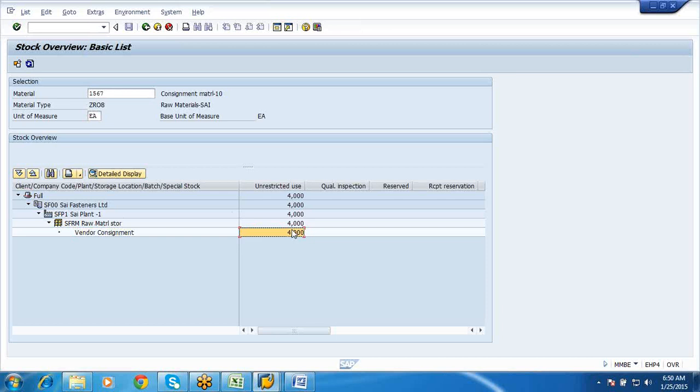If I had used 201, then it would have taken from my store, the quantity which we posted from the consignment stock to our stock. But here, since I have taken it as 201k, that is directly from the vendor consignment, two numbers have been reduced. Okay, so any confusion in this?